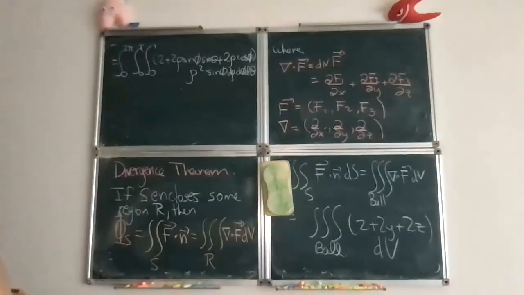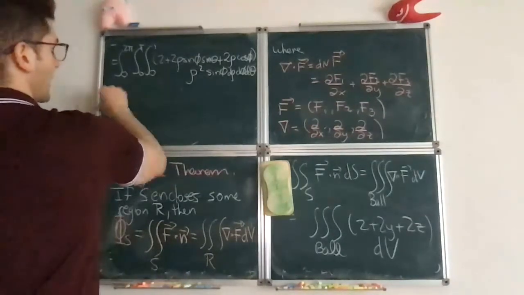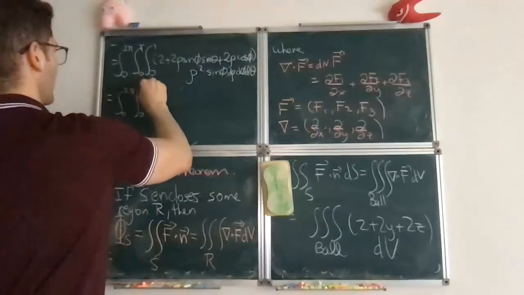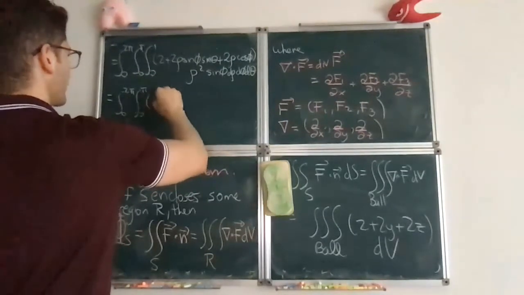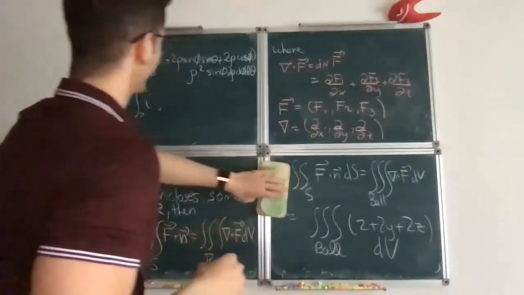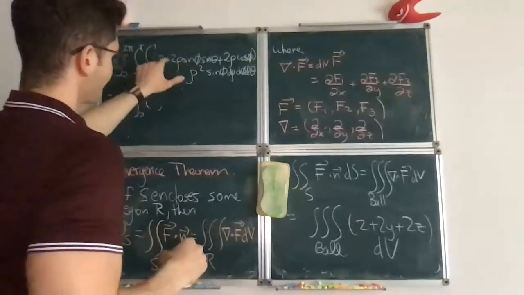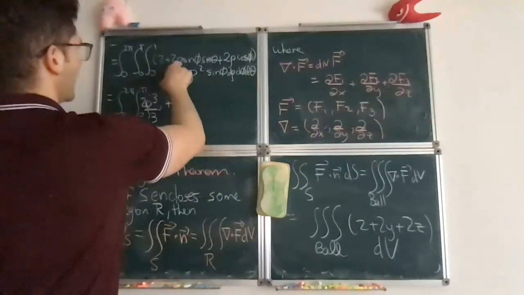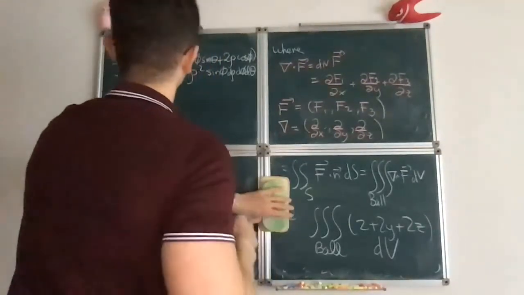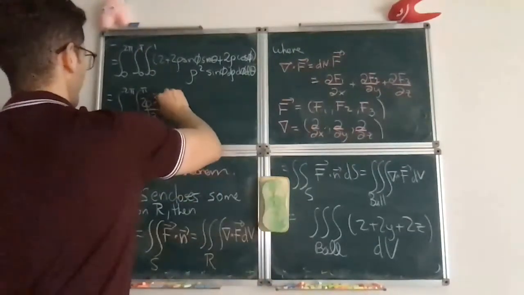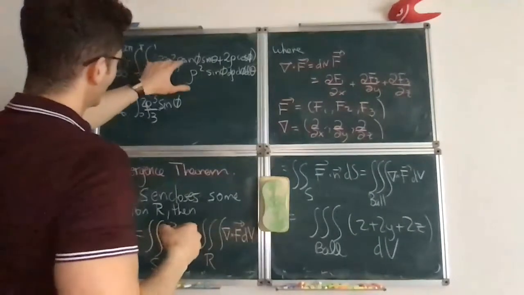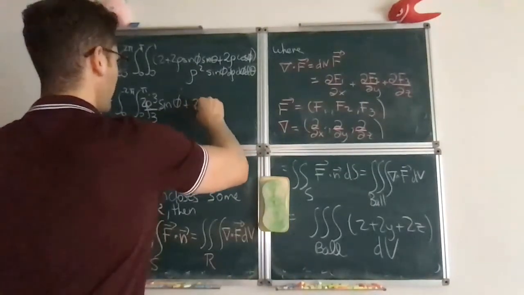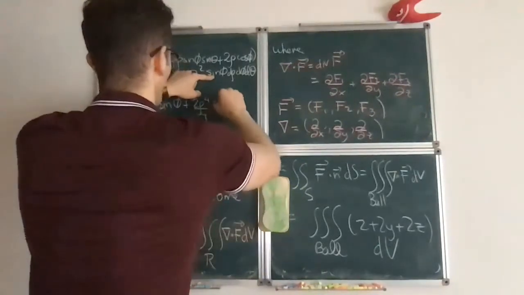So we just have to do this triple integral. And so this is, again, the integral from 0 to 2 pi, 0 to pi of, let's see, you're going to integrate first with respect to rho. So this gives you 2 rho squared, so that gives you 2 rho cubed over 3, times sine of phi, right? Everything is being multiplied by sine of phi. Now this one gives you rho cubed, so it becomes 2 rho to the 4 over 4, and then this is sine squared of phi sine of theta,